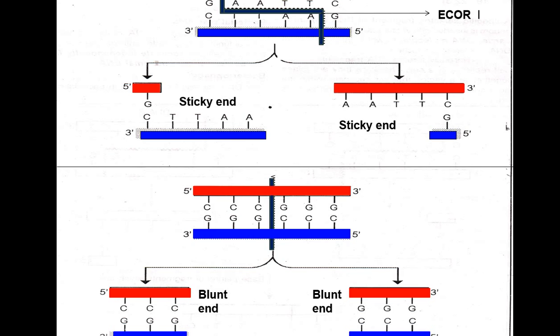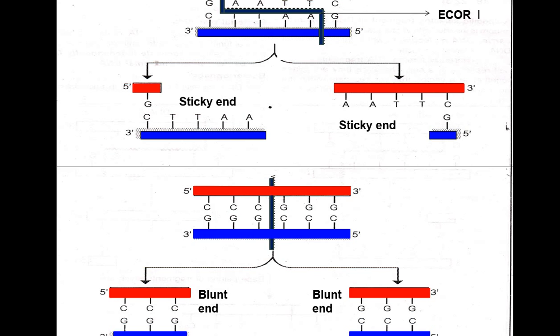EcoRI cuts in between G and A, on this side and on that side. So you get one fragment and another fragment.